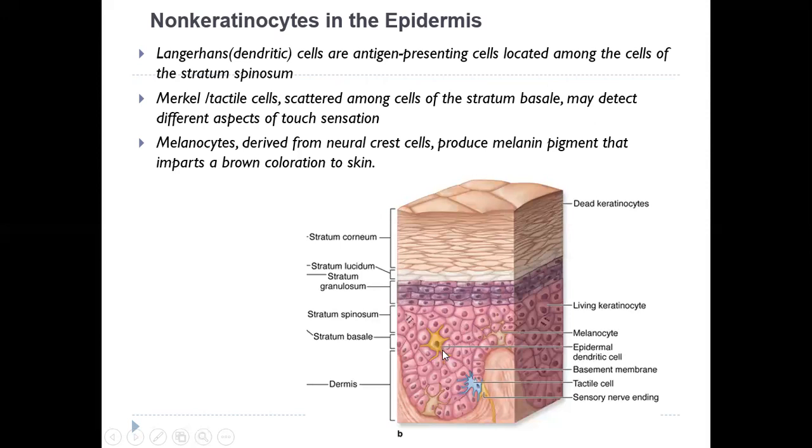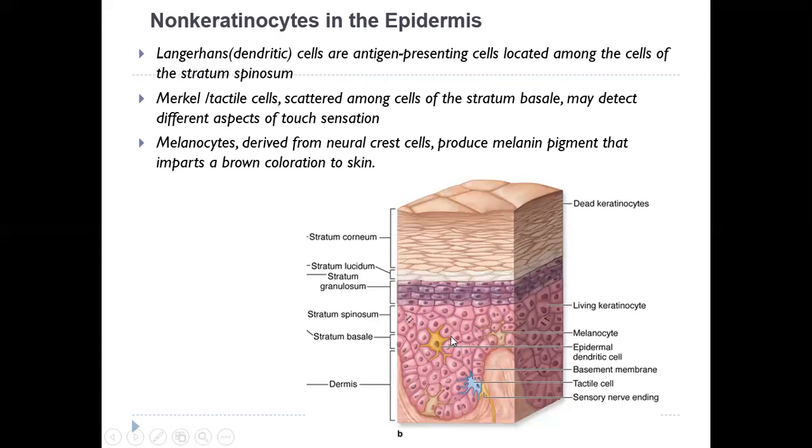Now let's see in detail regarding epidermal dendritic cells. They have a lot of processes. These are passing to the superficial aspect as well as the deeper aspect. Any antigen present on the skin, or any microbial organism which is present on the skin or trying to invade the skin, will be detected by the epidermal dendritic cells, and they will present the antigen, that foreign body, to the blood. We should remember one thing, that the epidermis is avascular.